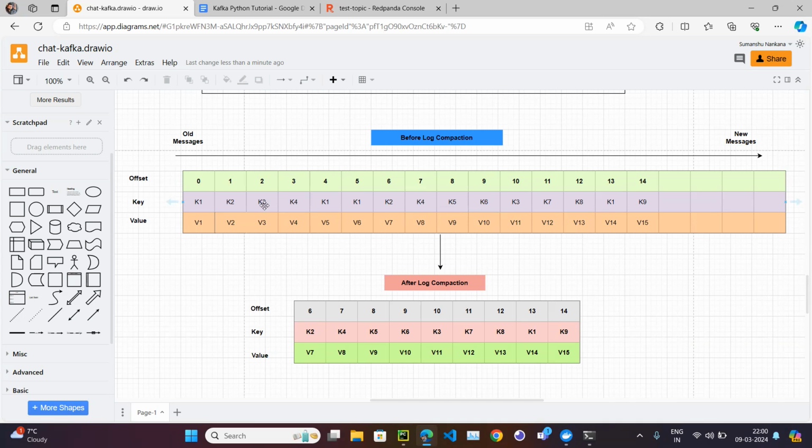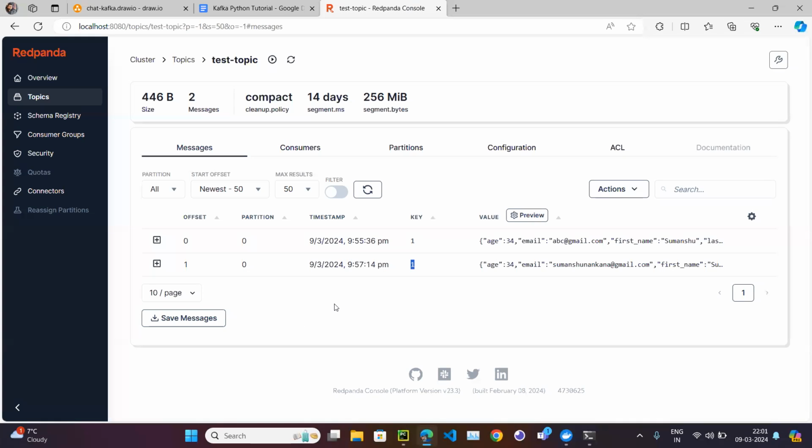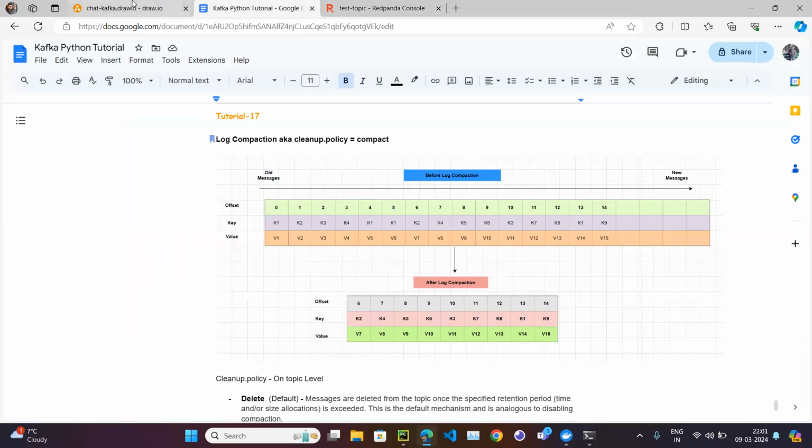K3 was already published, but I need to update that value, so I publish the same key with a different value. Then K7, then K8. Then K1 again, because I need to publish K1 again, with V14, and then K9 with V15. So even if I publish the messages 14 times, all of this is going to become